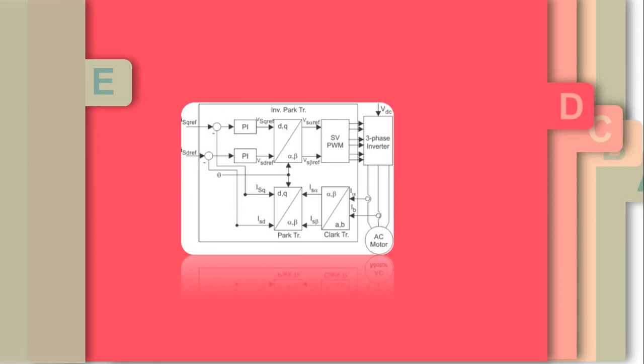In this block diagram, the outputs of the PI controllers are the VSD reference and VSQ reference. They are applied to the inverse Park transform block. The outputs of the projection, Vs alpha reference and Vs beta reference, are fed to the space vector pulse width modulation, SVPWM, algorithm block. The output of the block provides signals that drive the inverter. Both the Park and inverse Park transformations need the rotor flux position, so it is the essence of field oriented control.